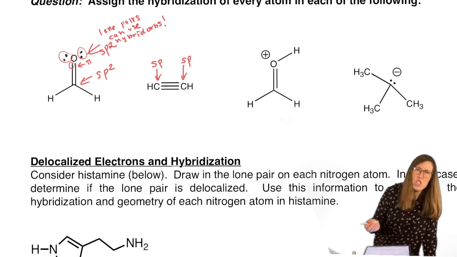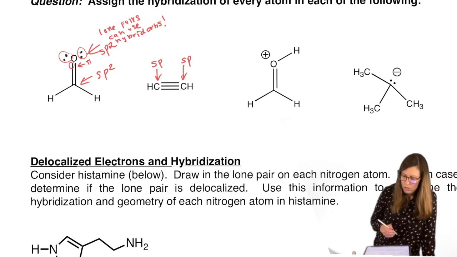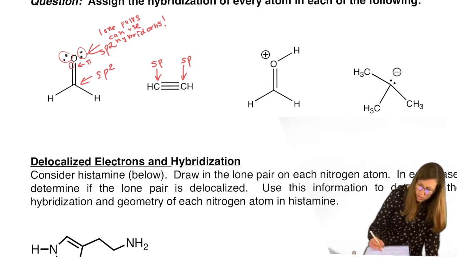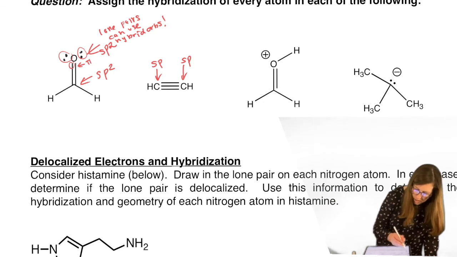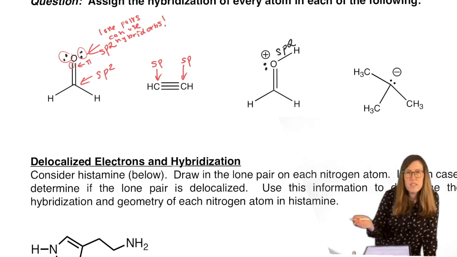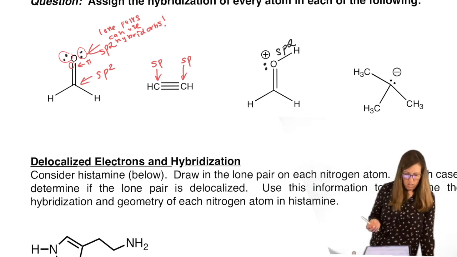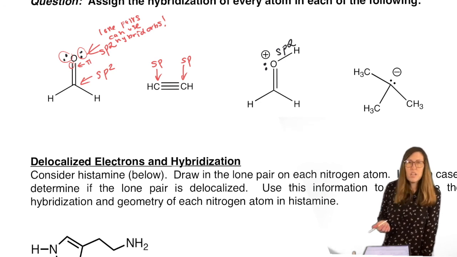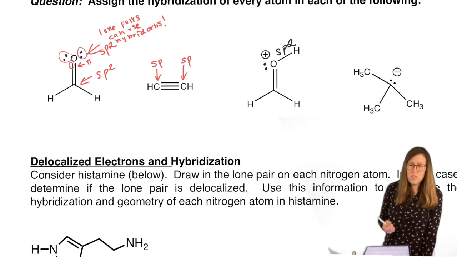And don't let charges throw you off, because you will need to be able to understand what's going on with charged species as well. So if something's got a formal charge, this is the case that we saw in the first example, except it's charged. So that means there's 1 less lone pair. It doesn't change it, still sp2. It's just a matter of where the electrons are, whether they're bonding or lone pairs, but they still have 1 p being used for a pi bond.